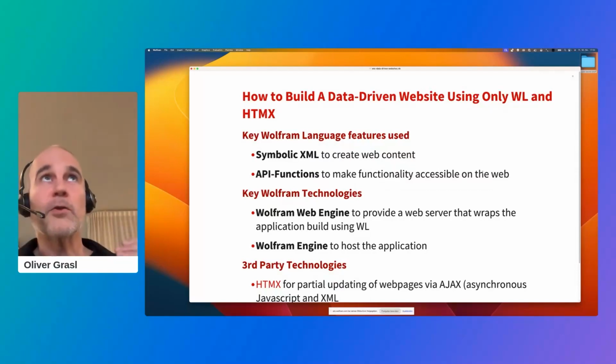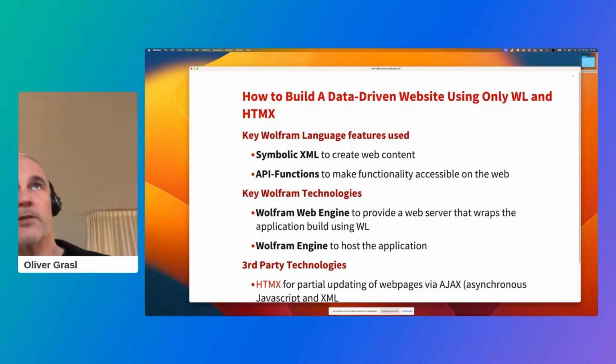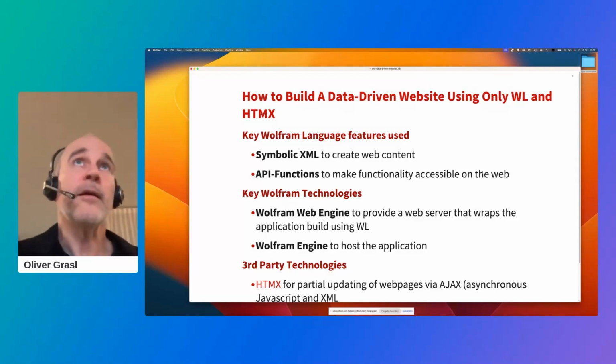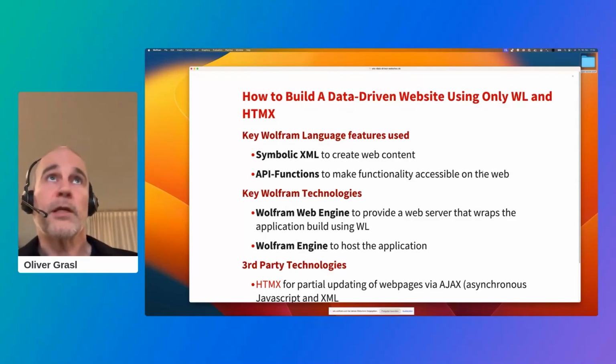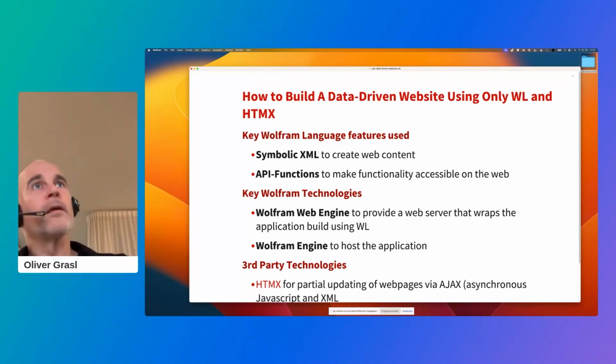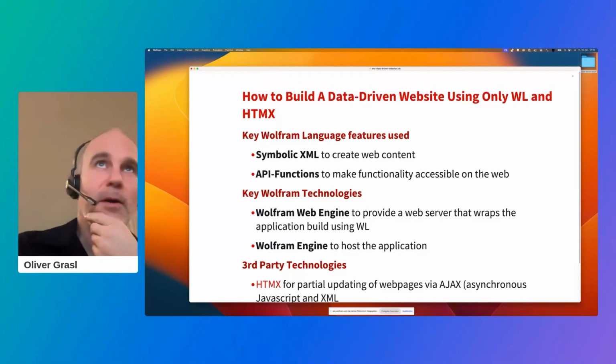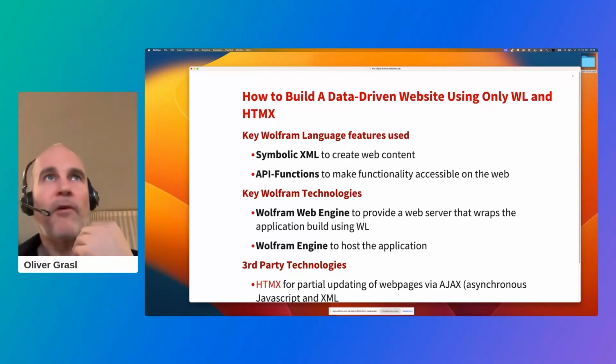So let me just do a little quick recap. How do you build a data-driven website using only Wolfram language and HTMX? First of all, the key Wolfram language features you need: symbolic XML to create the HTML content. Use API functions to make functionality accessible on the web. And then we were using the Wolfram Cloud now as a demo, but in reality, if you want to sort